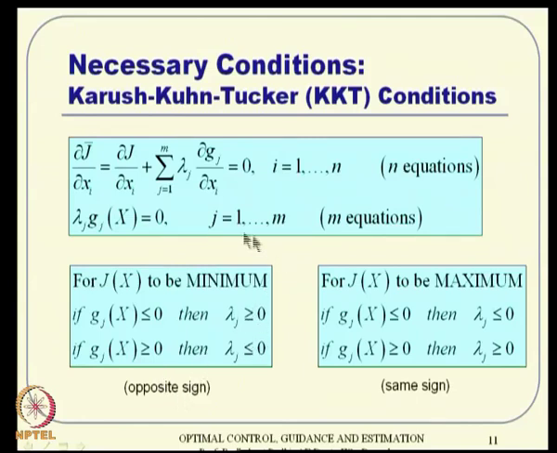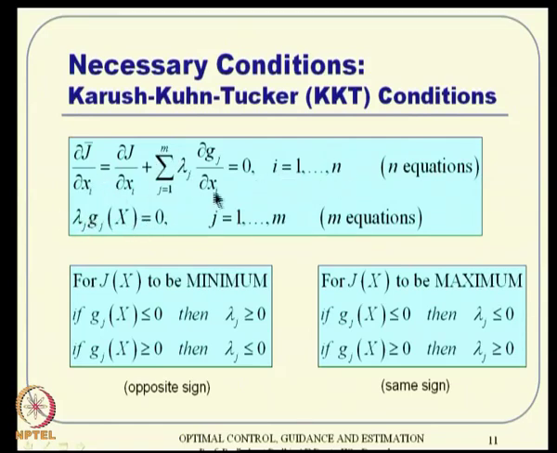So, our first task is to solve these two equations. Remember, this equation does not include any mu's. Now, we have n plus m equations in terms of n plus m variables. So, it is possible to solve n equations for n variables, I mean, the free variables x 1 to x n. We are not yet talking about states in general. So, x 1, x 2 up to x n are the free variables, and the lambdas come in because of the constraint equation.